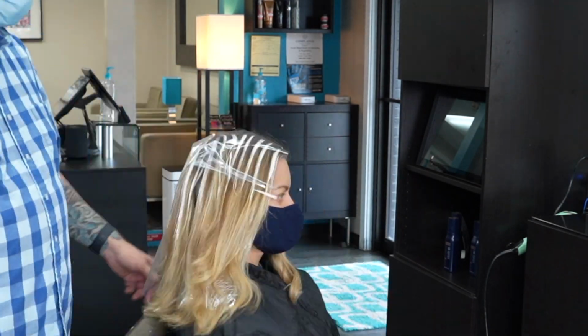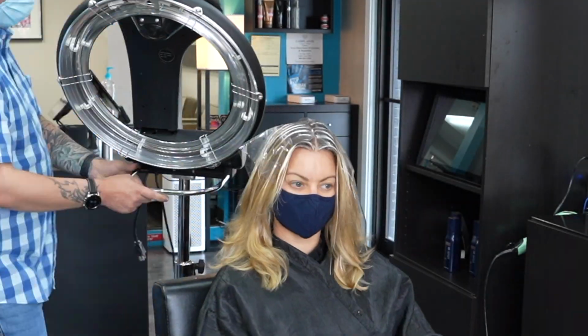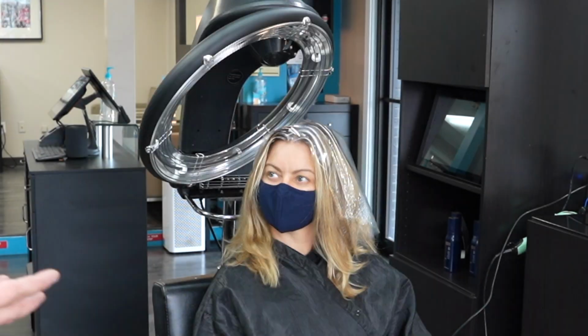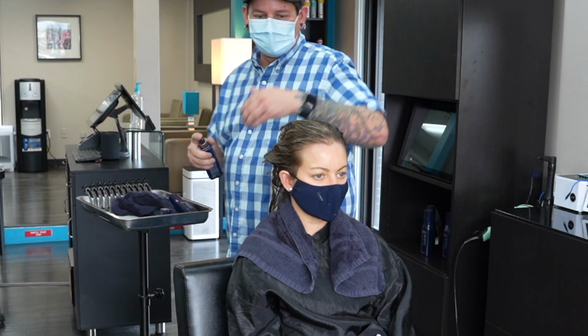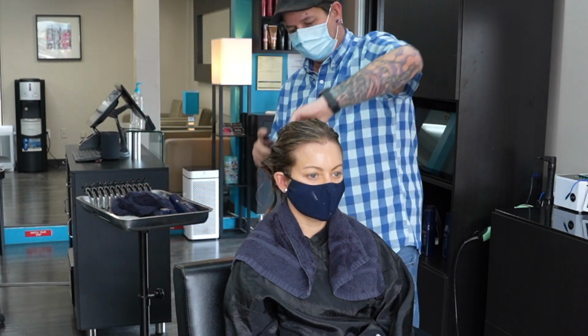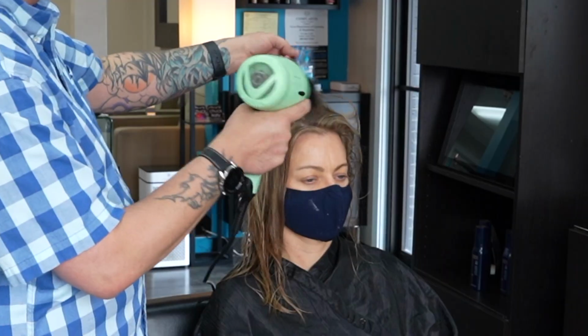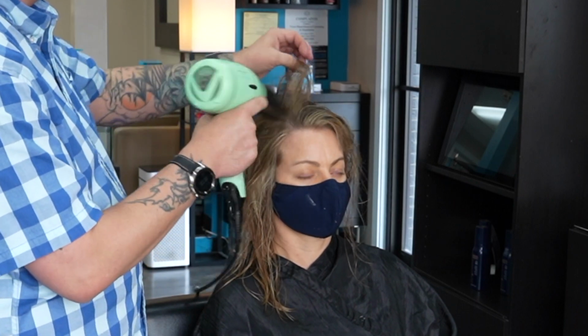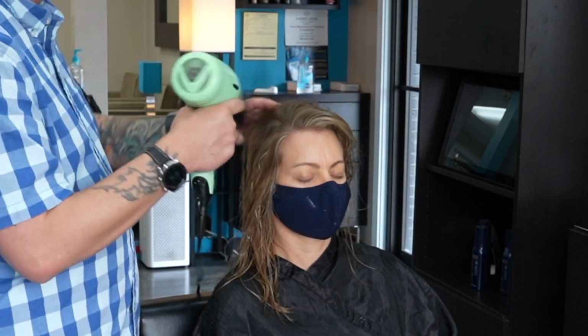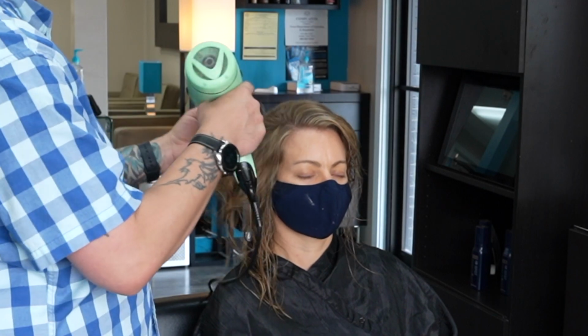I repeat the same exact process here on the other side, and then I put her under a color processor for about 10 or 15 minutes just to give it a nice boost. Once we are processed, I rinsed and toned with Pravana Express Toners in Beige and Natural, and the results are